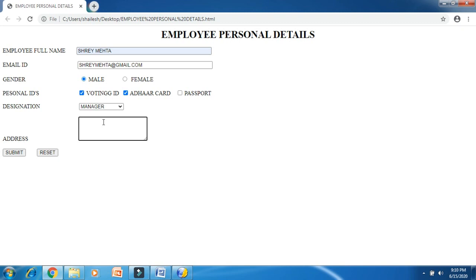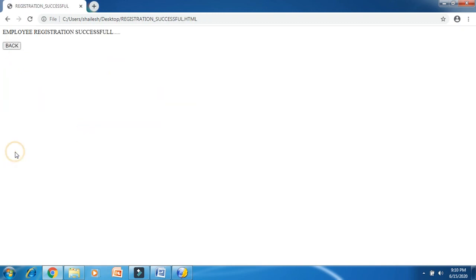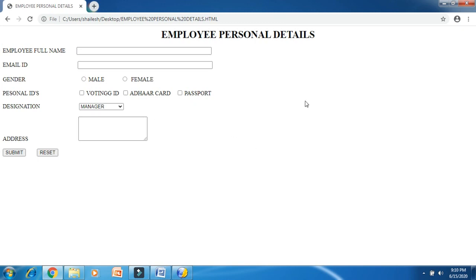Address that is again the same, A501 Avenue Park, Vapi. I will press the submit button, so I will get the message employee registration successful. If again I want to go back, I will press back, so again I will get the same form.